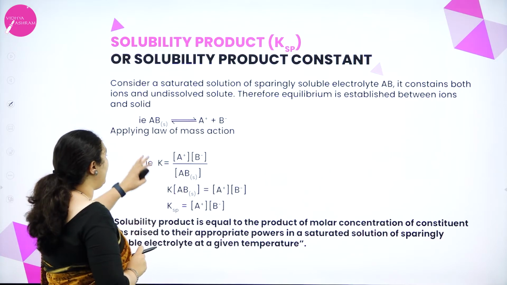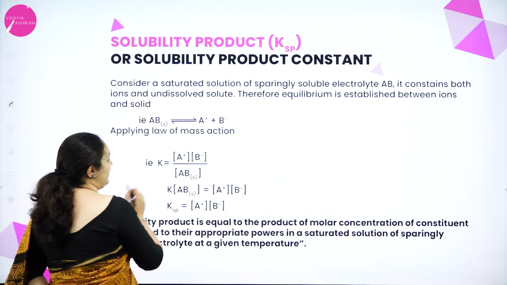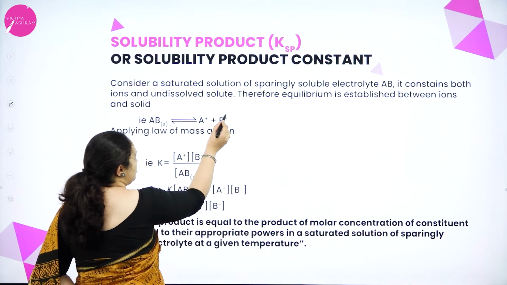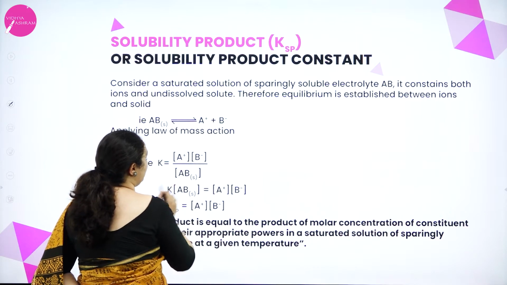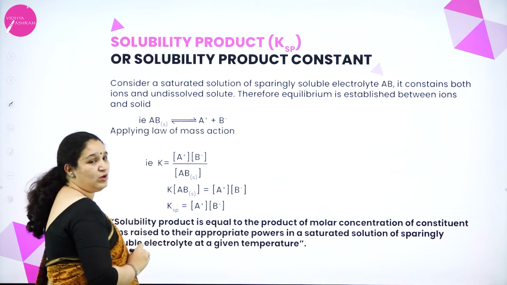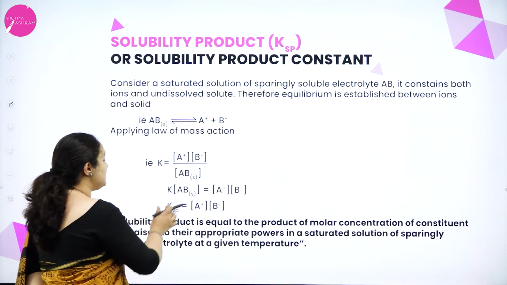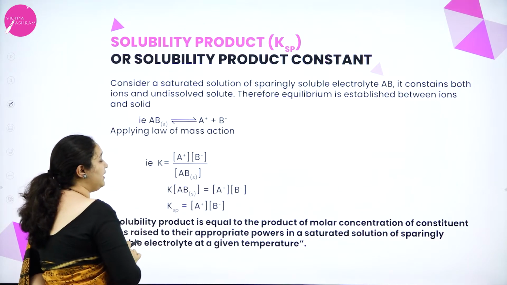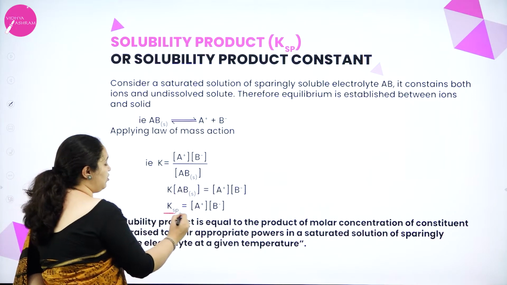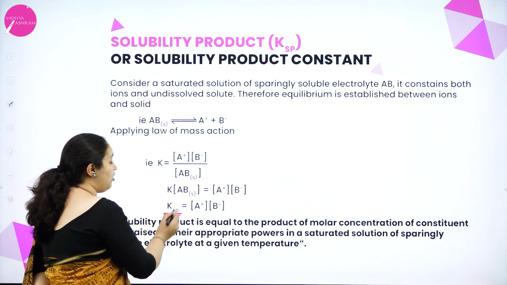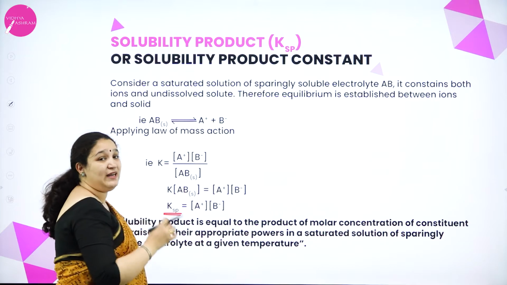For this, if I apply the law of mass action, K is equal to the molar concentration of A into the molar concentration of B divided by the molar concentration of AB, which is a solid. So this equilibrium constant into the molarity of AB is called Ksp, the solubility product